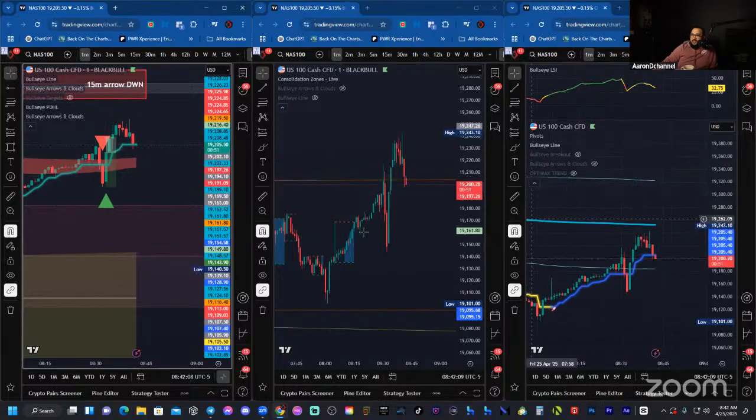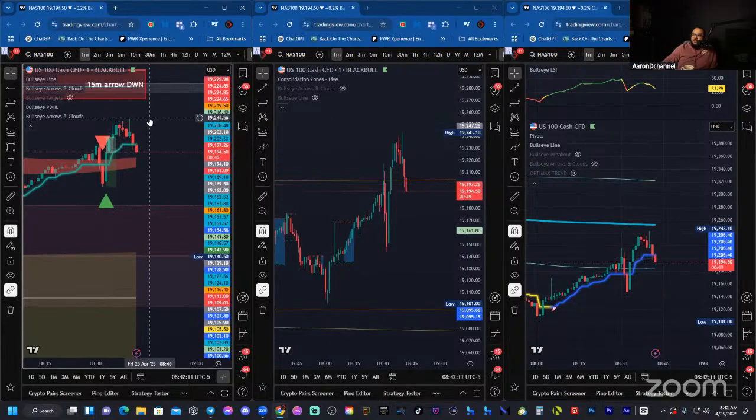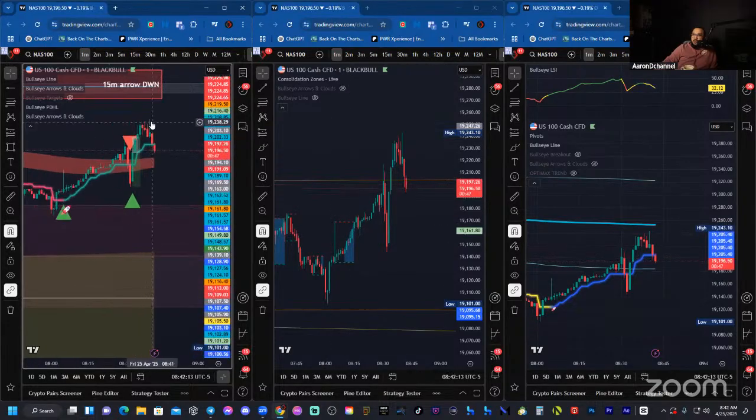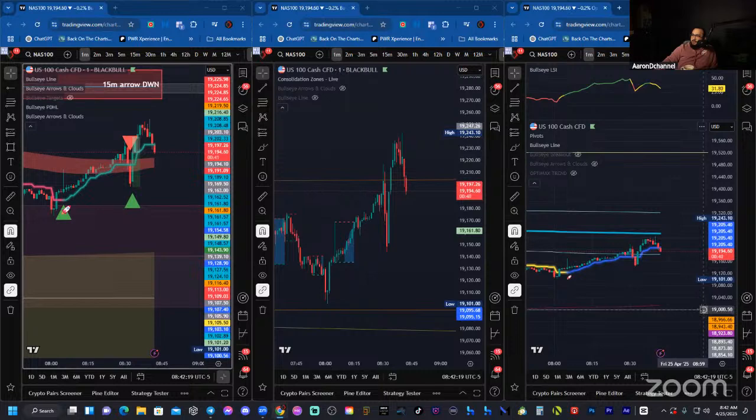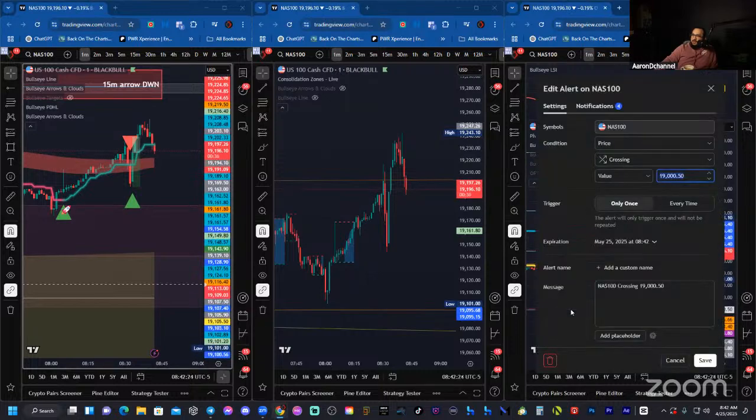All right, looks like we're getting the beautiful rejection off of that overnight low level. Let's see. We have a pivot point down here. I'm going to go ahead and put an alert down here for a pivot point so I can see that clearer. There it is down there, the 15-minute, in the 15-minute cloud. So let's see. PP right there. Sweet.